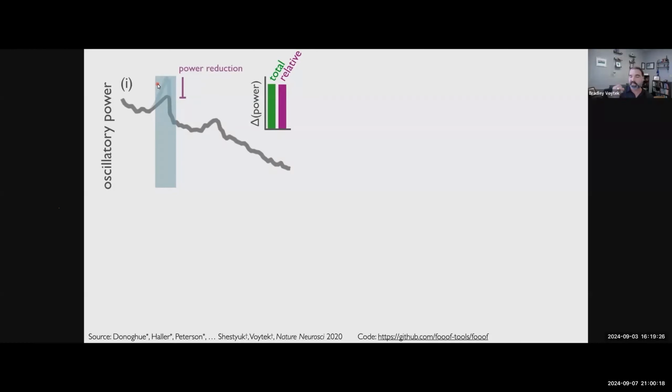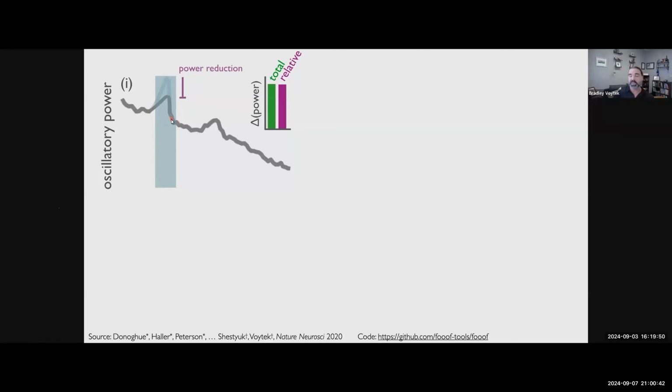And so I run a task where I present people with a stimulus, and their activity goes from this sort of big bump in the alpha range here in light gray to a smaller bump in the dark gray. So I know that when I present a visual stimulus to someone, alpha power will decrease. Classic finding, I know this. Whether or not you're aware of it, this is probably the model that you have in your head of what's